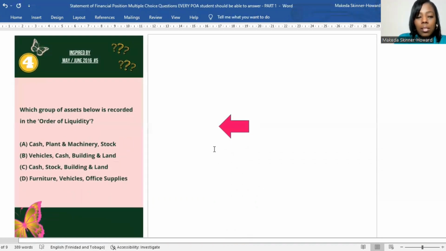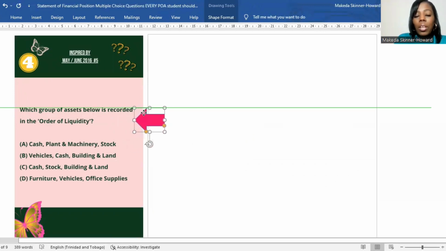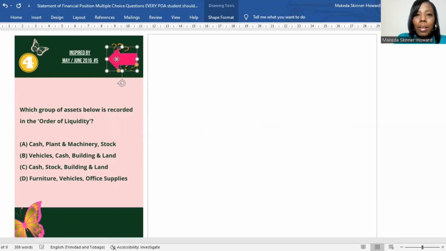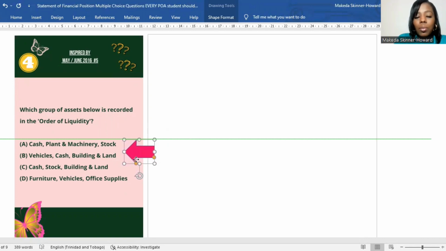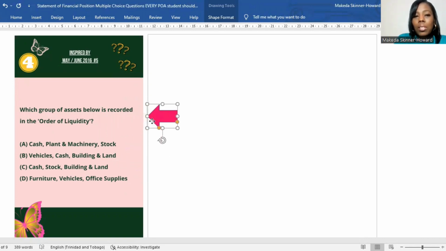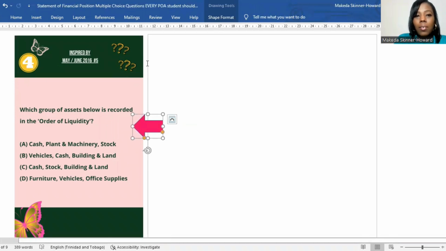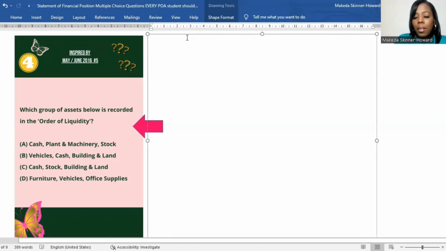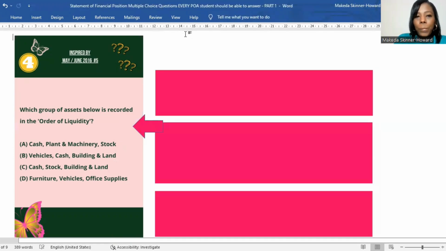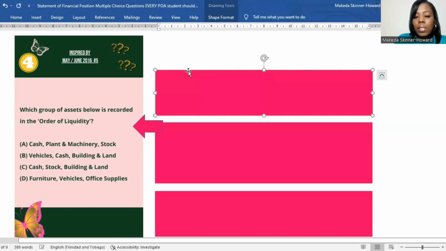Number 4 says, which group of assets below is recorded in the order of liquidity? This was inspired by May, June 2016, number 5. So if you can, please make sure to check out the original question. Is it option A, option B, option C or D? Write down your answer and let me go ahead and explain. Well, firstly,